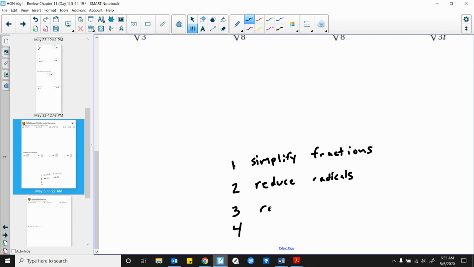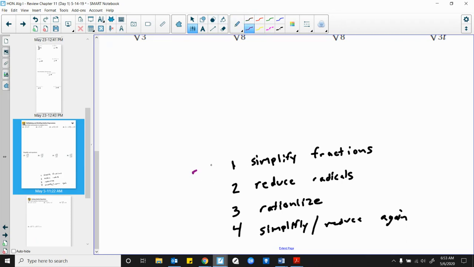Then it was to rationalize. And if you forgot what rationalizing is, we're going to talk about it in a second. And then 4 was to simplify / reduce again. Now, I wrote that pretty quick, but if you remember me saying, it's very important to follow our steps